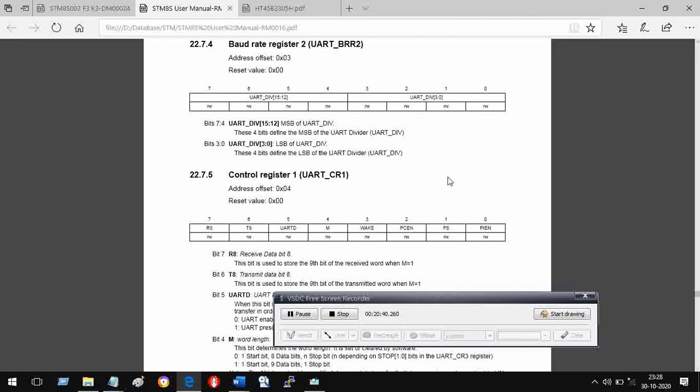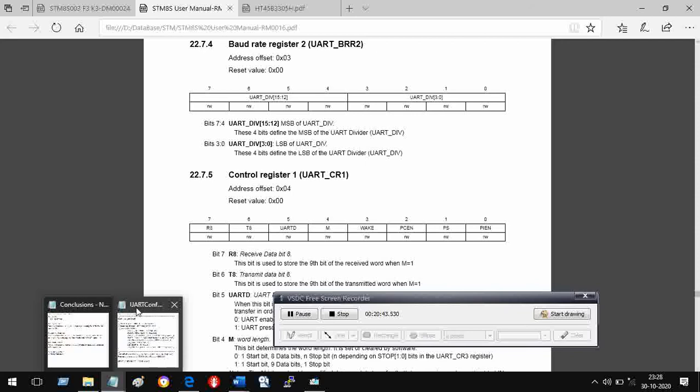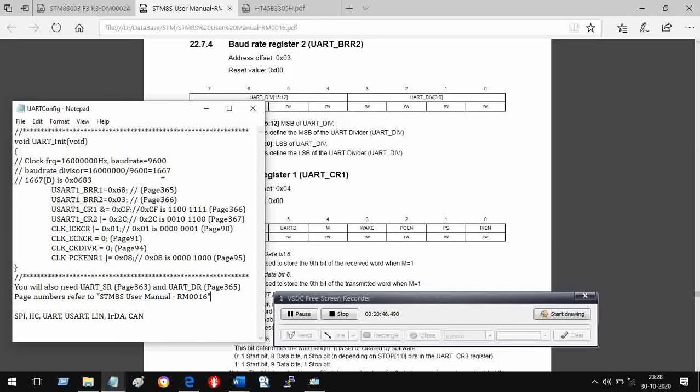So the number that you have generated is 1667. First convert it into hex because you have to write in hexadecimal or binary format. So 1667, which is a decimal number, looks like 0683 in hex.